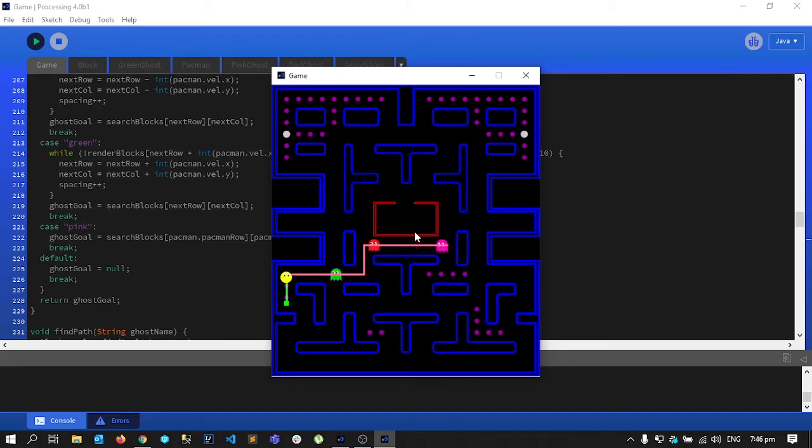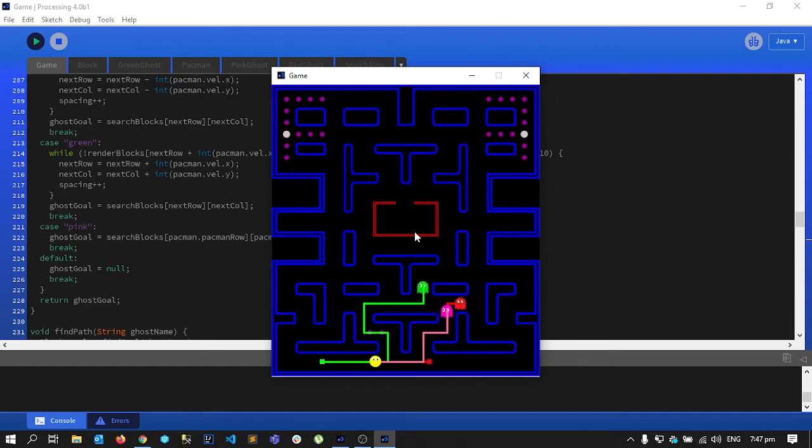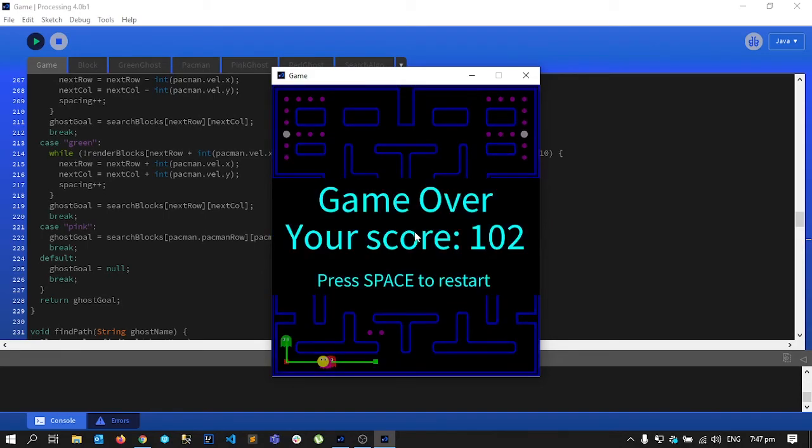This way it is a little easier for the ghosts to chase down the Pac-Man, rather than all of them following the same thing, that is the Pac-Man's position. Here at this time, you can see that all of them are following the same path, because they are trying to reach the same position. But if they are using the artificial intelligence, then they will try to reach Pac-Man at different positions.